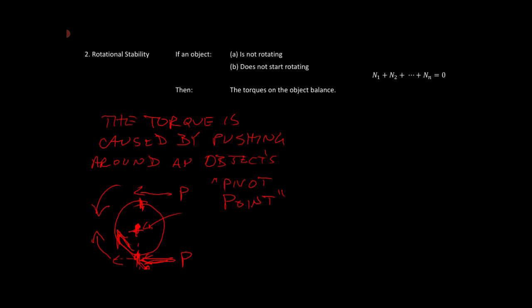So you've all pushed the merry-go-round with your foot at some point in your lives, and it's going to try to go in that clockwise direction, but it won't be efficient unless you're pushing straight back, perpendicular to, I guess technically tangential